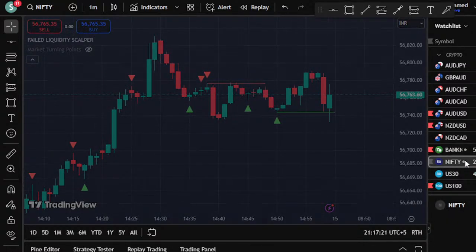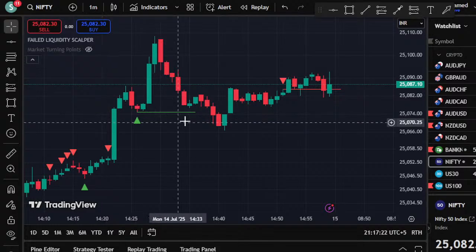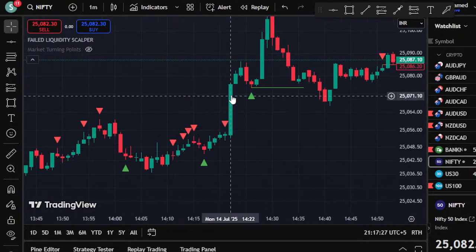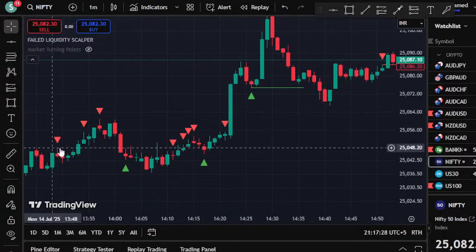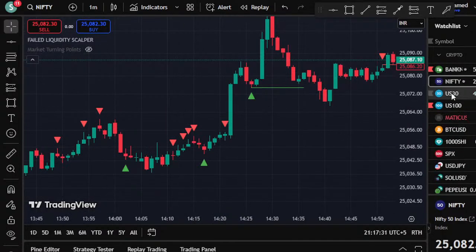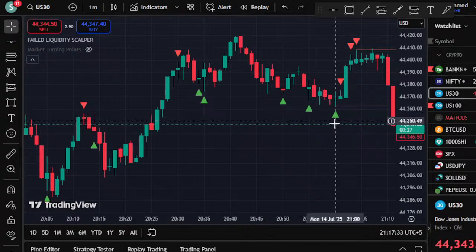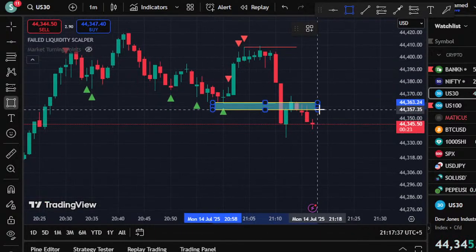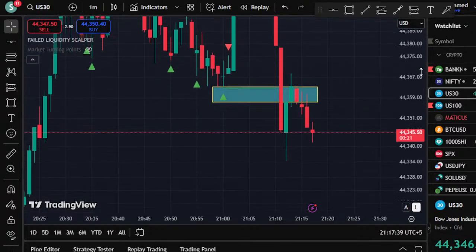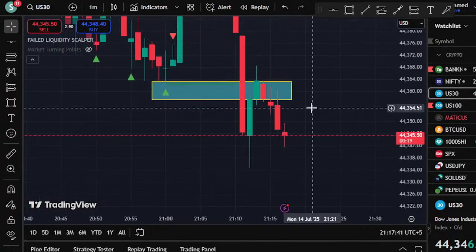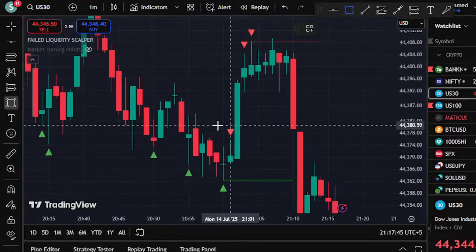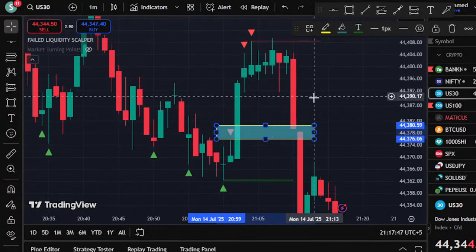So let's see on Nifty if there is anything. Okay, so it was closed. Nifty, if you just see, that was the bullish reaction for the market because the liquidity failed, bullish reaction. Okay, let's go to US 100 today. Now you can see in front of you that the price is going down. Why? The answer is very simple, because this is the liquidity failure. And here, this is the liquidity failure, that is why the price went up.